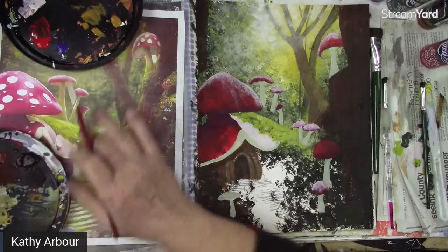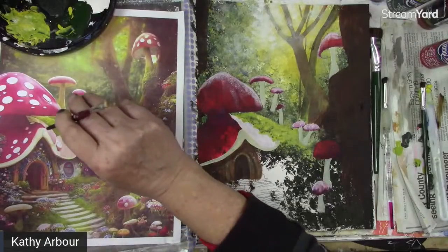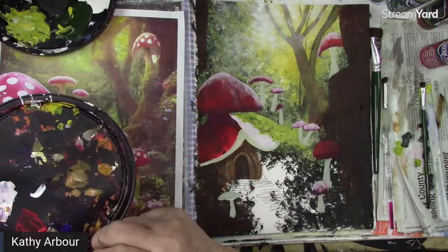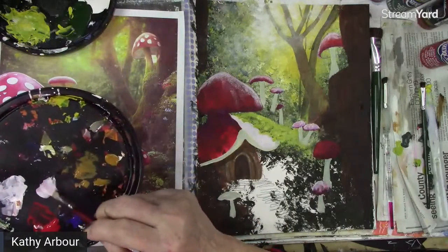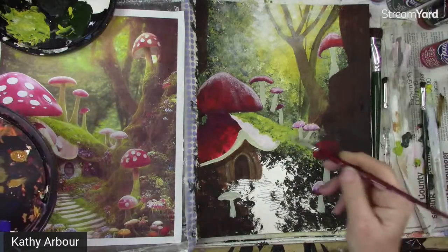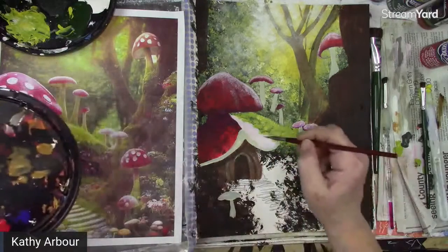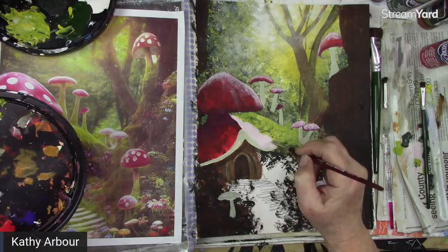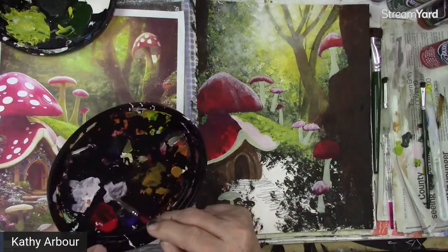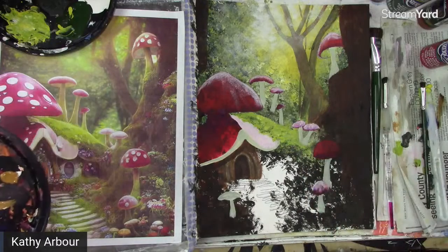I'm going to make some of that pink up again. So this here is kind of a pinky. So a little bit of white, a smidgen of, and I'm going to just wipe some of that off and just some background showing in there that I don't want. There. Now,